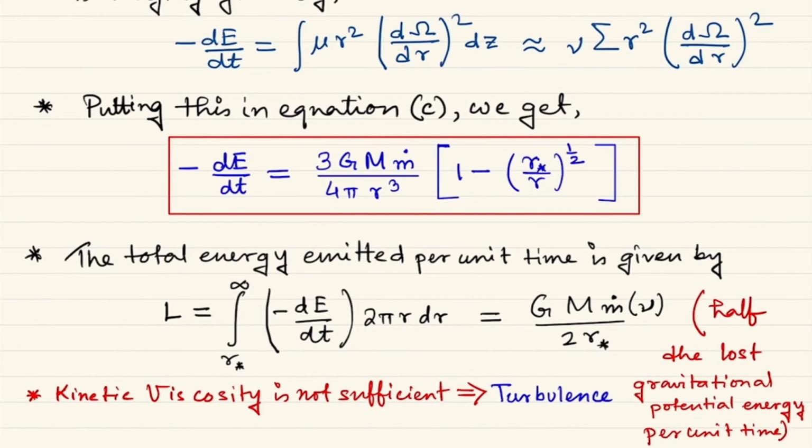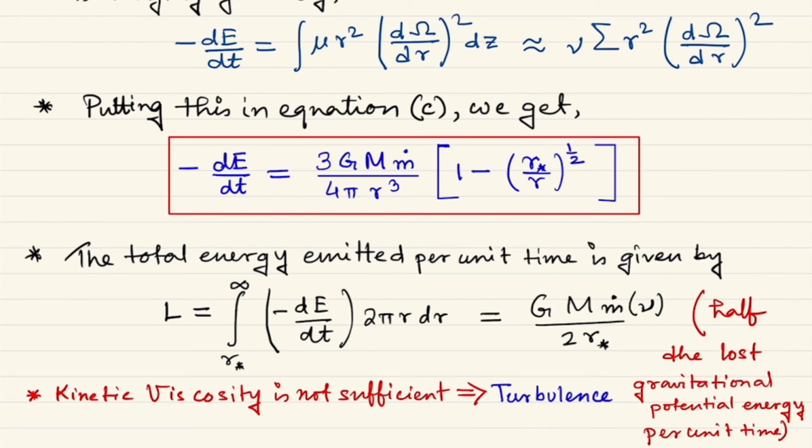And what is the marvel of this expression? Can you see anything interesting? Well, I can see. You see, this is proportional to ṁ, and ṁ is proportional to η, right? The viscosity coefficient. So it means that if the viscosity coefficient is higher, the viscous energy dissipation rate is also higher, which is intuitive.